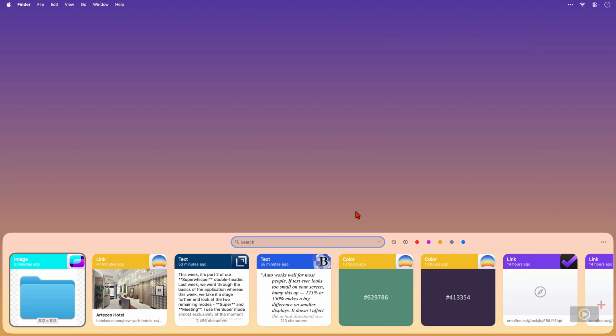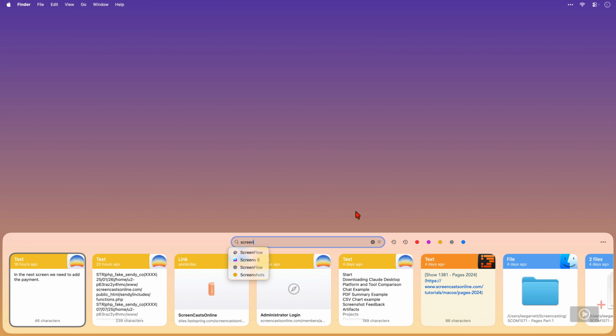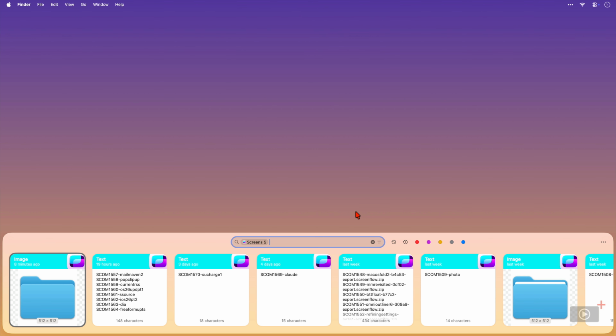In the main, you're probably not going to click on that button often though. You're just going to start typing. Now the results that I've got here are any items on my clipboard that contain the word screen. But you'll see as well below, it's automatically giving me some options for applications that I can limit the search to. If I use my arrow keys to come down here, now I can only see all the items that